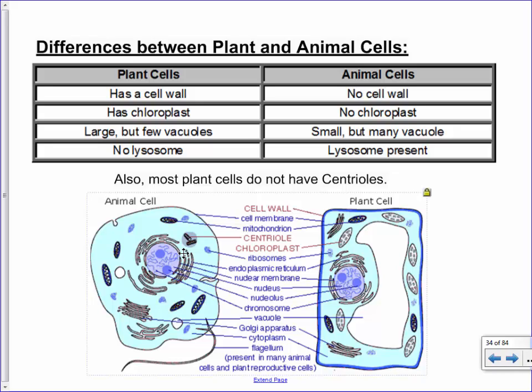Anyone want to hazard a reason why? Say that again? But what do lysosomes do? They give the energy. They get rid of things that are broken down and die. So, like, what happens to a human if one of your cells starts to break down and die? They start making more. Yeah, because what ends up happening is the cell will repair itself and hopefully it'll keep